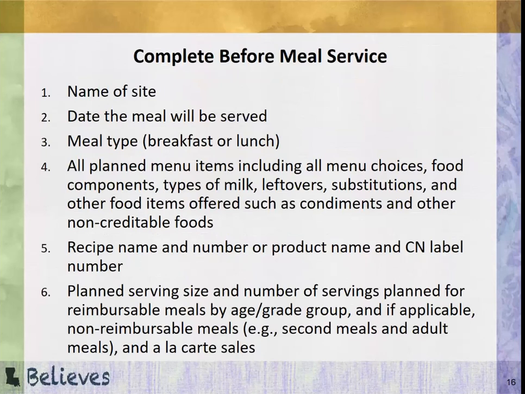So in order to discuss what should be completed before meal service, there are sections that at many times managers will complete the day before or even the week before meal service. So before meal services, you'll want to include the name of the site, the date the meal will be served, the meal type being breakfast or lunch,